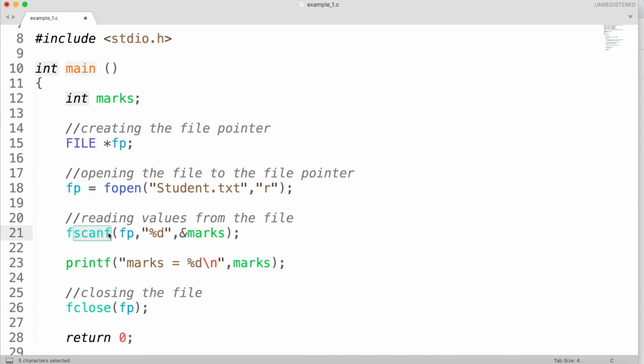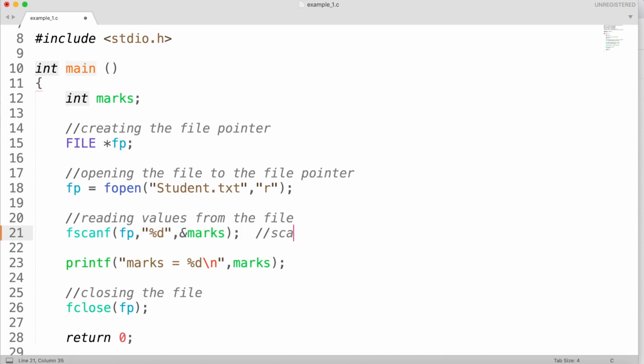The scanf function will read some information from the standard input stream, that is stdin. fscanf will allow us to read some information from the file stream, right? So that is the difference between the scanf and the fscanf. If you want to use the fscanf, you have to specify three arguments. If you remember the scanf, you just need to specify only two things, right?